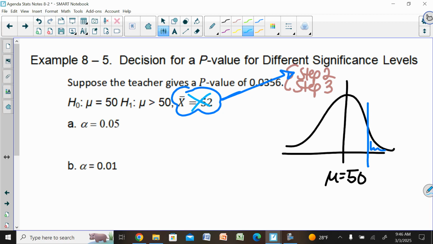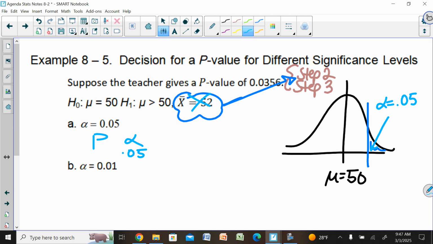So in example A, my alpha is 0.05. If I'm going to compare my p to my alpha, so 0.05 compared to 0.0356,